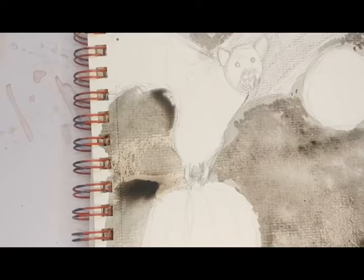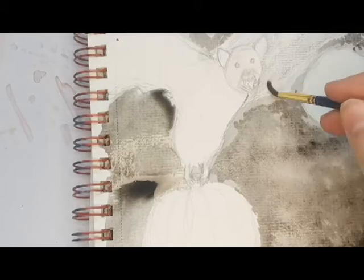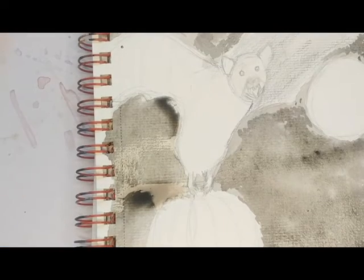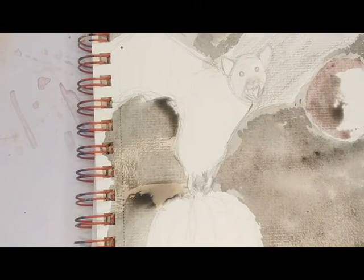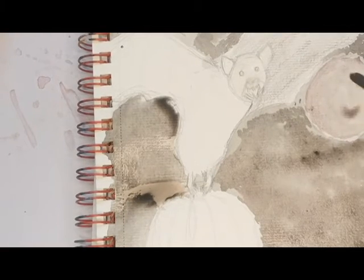But yeah, I was trying to make sure that the paint was as flat as possible so it's not streaky or anything. And also so there's a little bit of a contrast between the sky and the bat as well, because that was important because there wasn't quite enough contrast there. And I didn't do much shading for most of the bat. The bat is pretty flat except for the back wing. The pumpkin's a tiny bit shaded later, but I was a little bit too focused on trying to keep everything